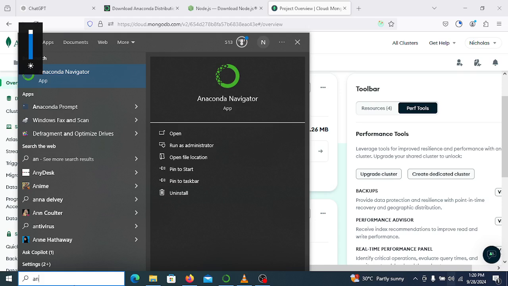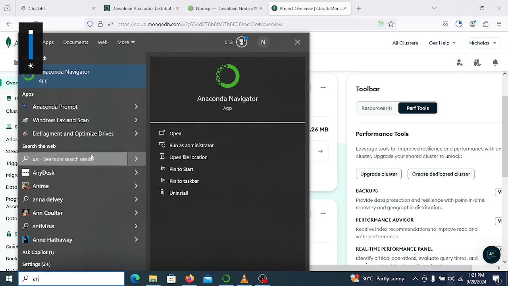We have the Anaconda Prompt, that is the command prompt. We have the Anaconda Navigator, where you can have access to different popular Anaconda tools like VS Code, R programming, Jupyter, the popular ones.